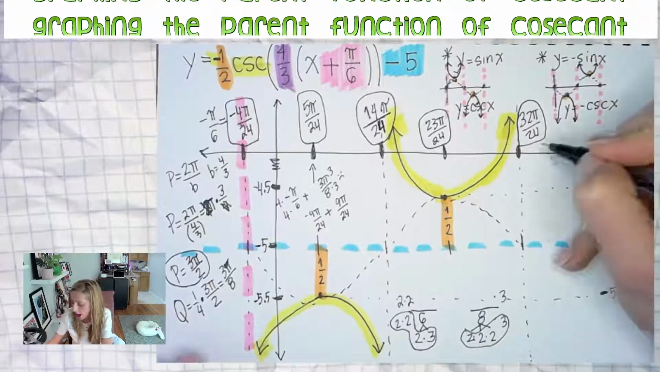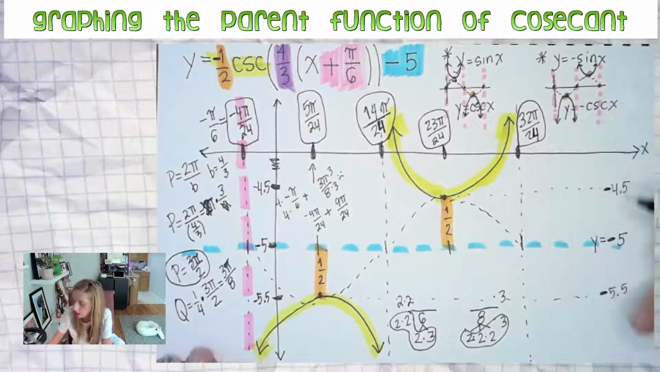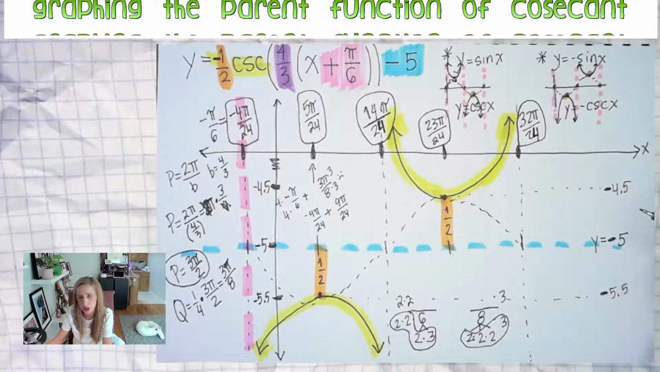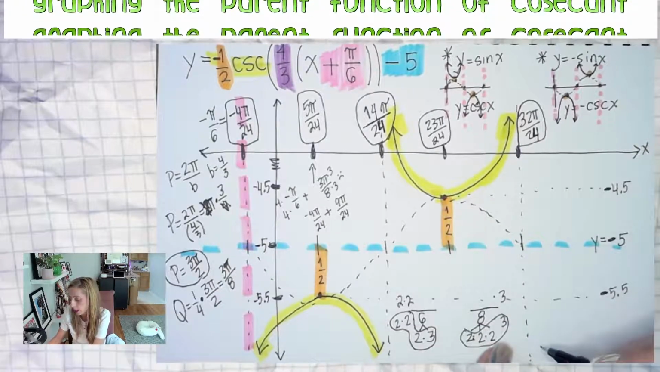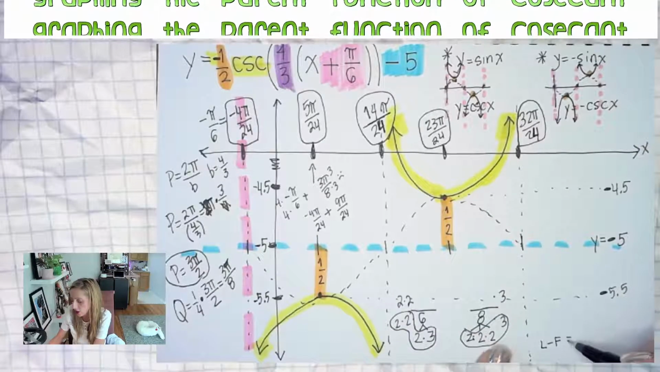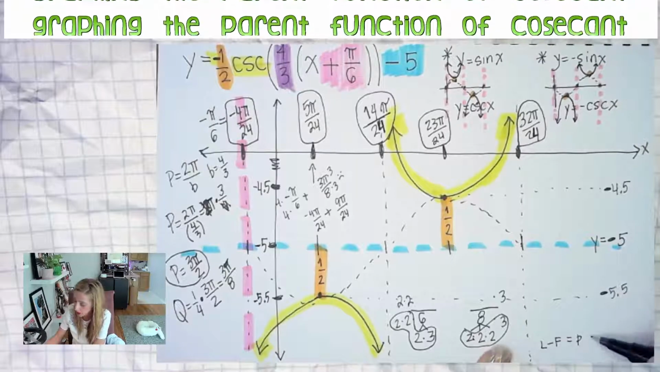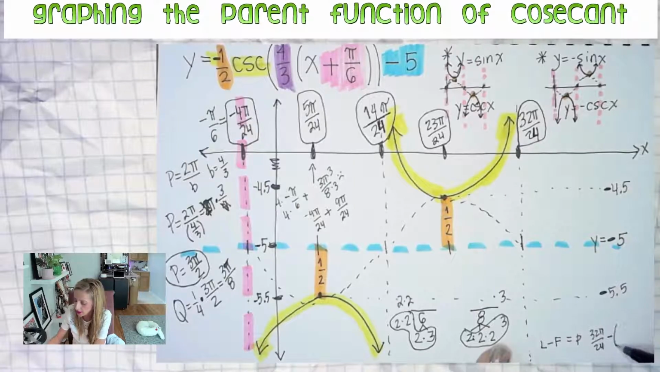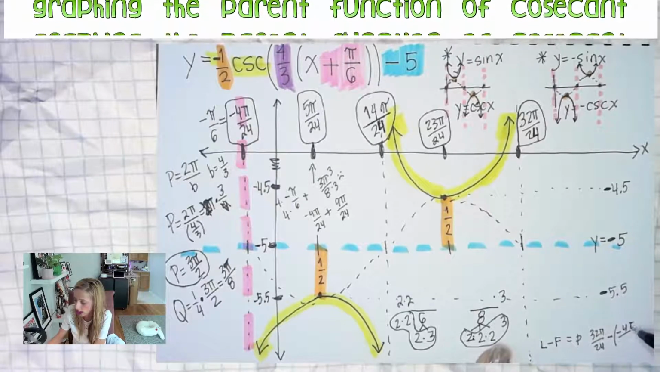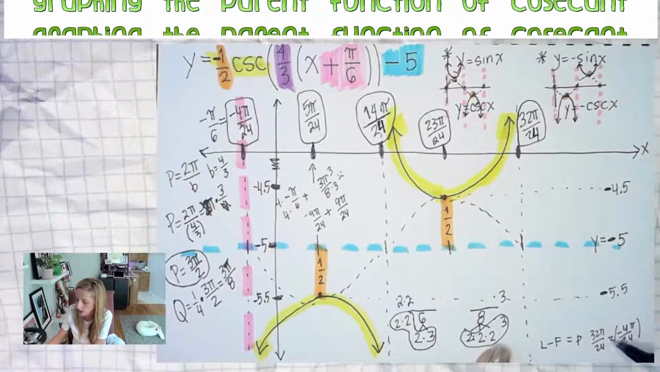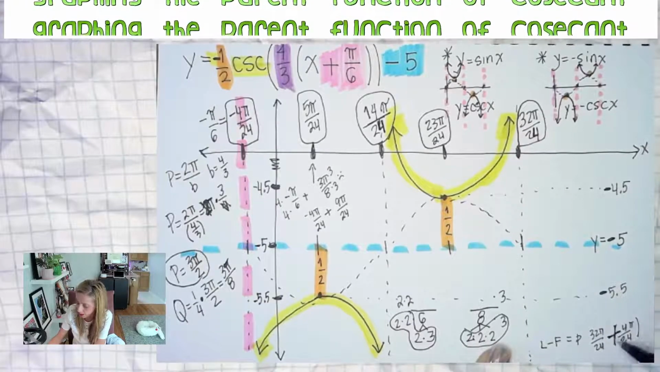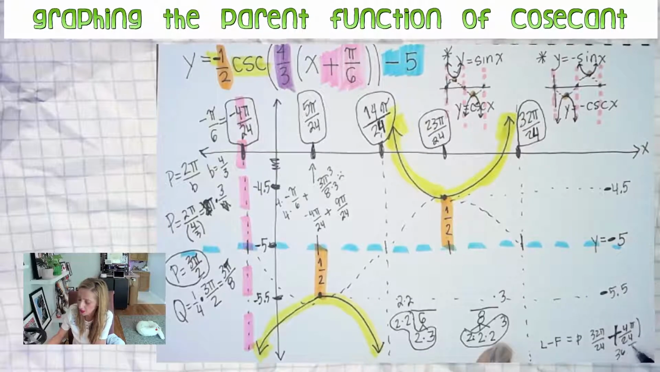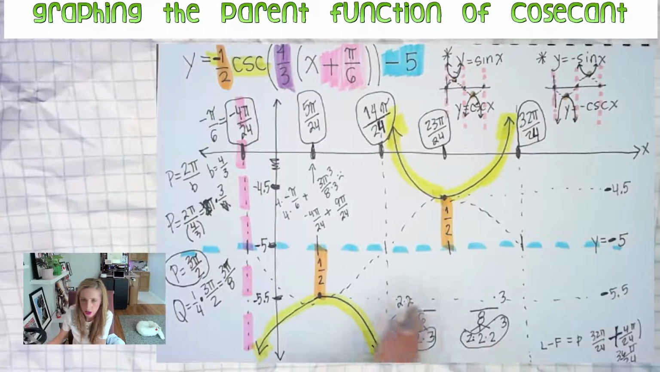If you ever want to check if your answer is correct, one thing you can do is subtract your last minus first and you should equal the period. So in this case, 32 pi over 24 minus negative 4 pi over 24. Minus a negative, well, that's plus. 32 plus 4 is 36. 36 pi over 24